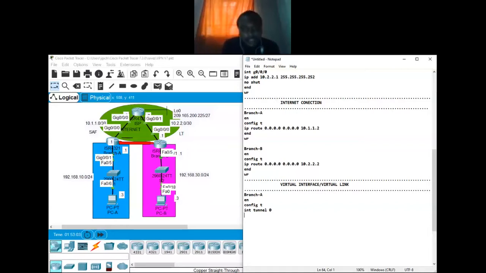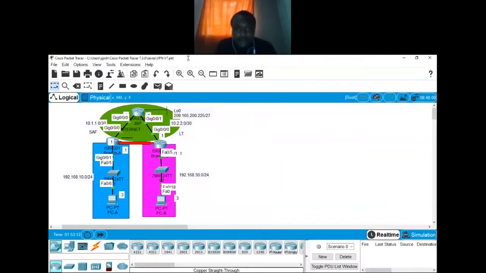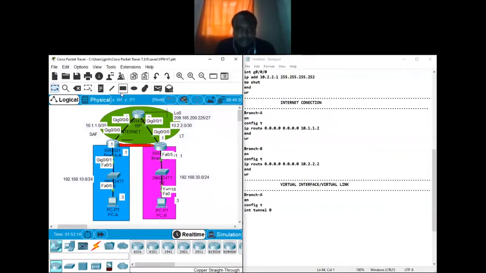This virtual link on point A and point B must have IP addresses. So on this side, we can decide on the network for the virtual link. You can use anything, 172.16.0.0/12 or /16, you can use /16 repeatedly. On branch A will be dot one, on branch B will be dot two.